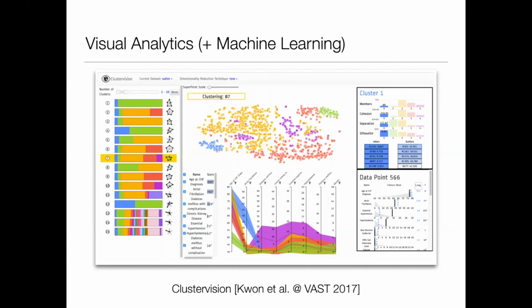And these little icons on the left-hand side, where you see these distorted pentagons, are an indication of the quality of each of these clusterings. And then the technique said, okay, I don't know which one is the best, but I'm giving you this, and you can explore and choose by yourself. And then as you choose one specific clustering here, the rest of the views are updated to show you the data set through the perspective of these clusters.